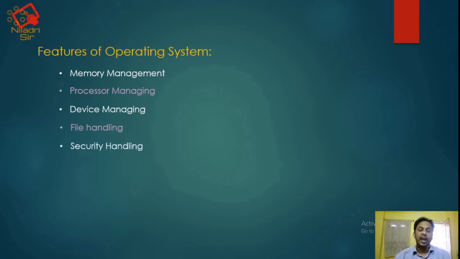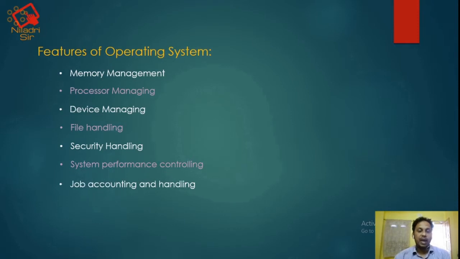Next one is security handling. As you know, there is the Windows firewall option. This type of security protects your computer from outside, and it is also handled by the operating system. Next one is system performance controlling. In our daily life, we have to run multiple programs at the same time. This makes our processor junked and clumsy. So the operating system also maintains the system performance to make everything run smoothly.